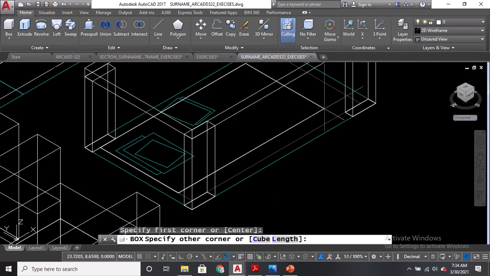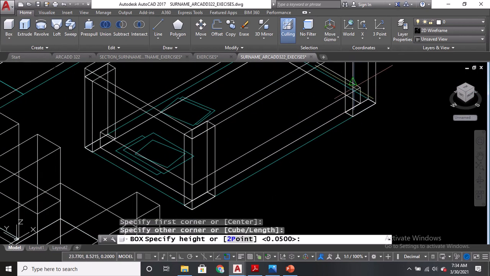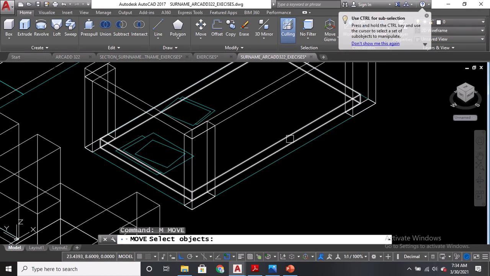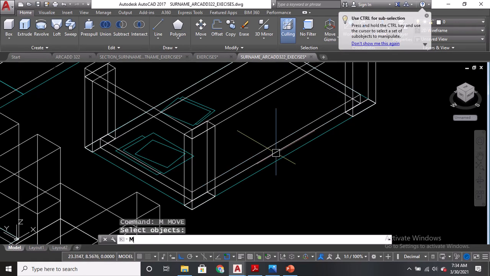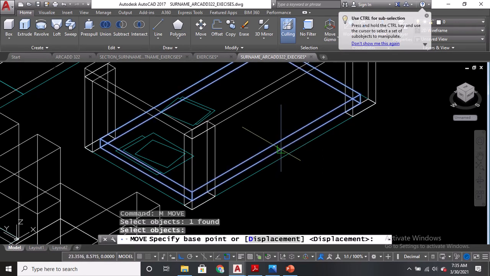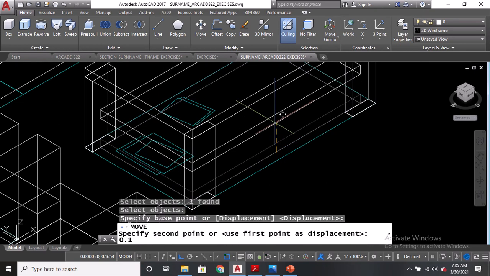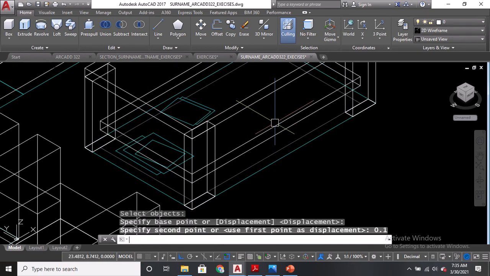We pick from there up here, and that's 0.05 also. And we have to move this by 10 centimeters. So enter, select it, enter. You pick some midpoint, and that's 0.1. Enter. Okay? So these are books